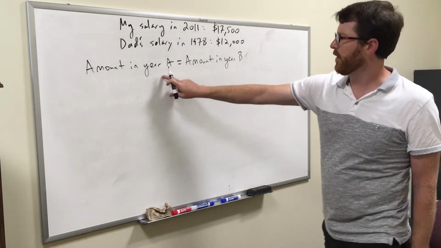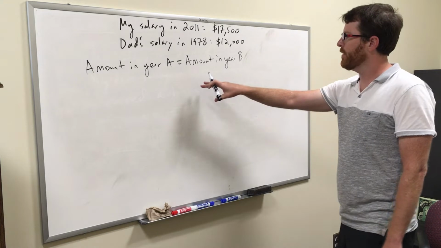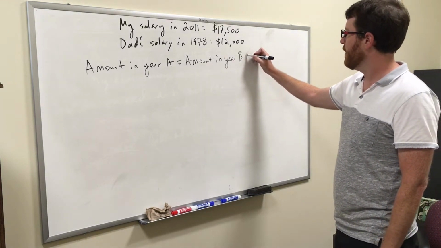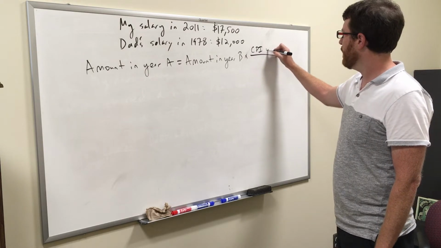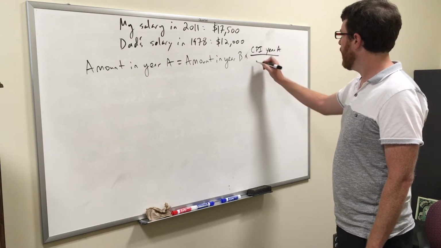So the amount in year A, and I got to explain what these mean. The amount in year A equals the amount in year B times the CPI in year A divided by the